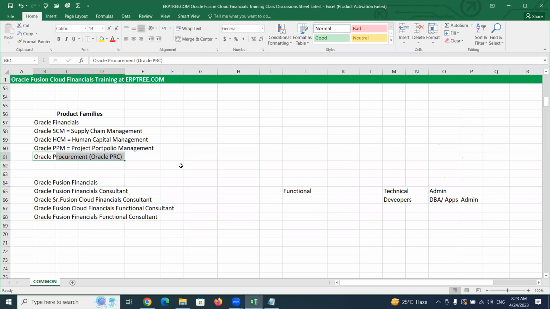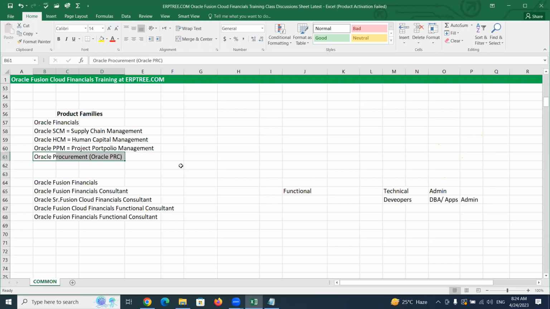So when it comes to learning, we treat these all as different courses. Oracle Financials is one course, Oracle SCM is another course, Oracle HCM, PPM, Procurement. These are the different courses when we learn. But when it comes to a company, these are the different solutions they use as per their business processes. When a company is doing business, accordingly to the business activities they are into, they use these applications.